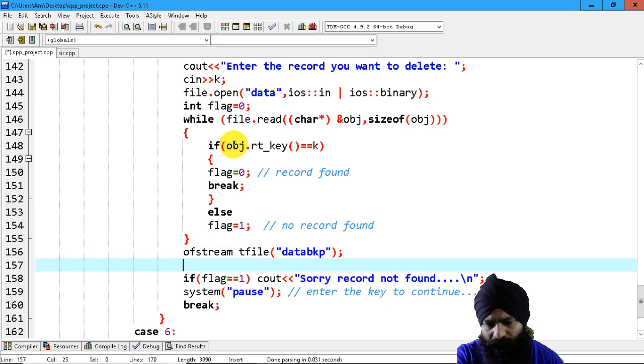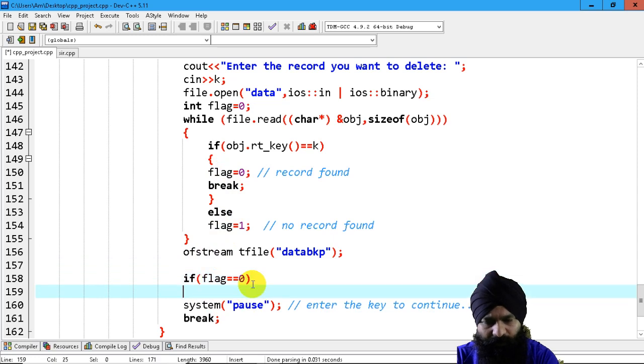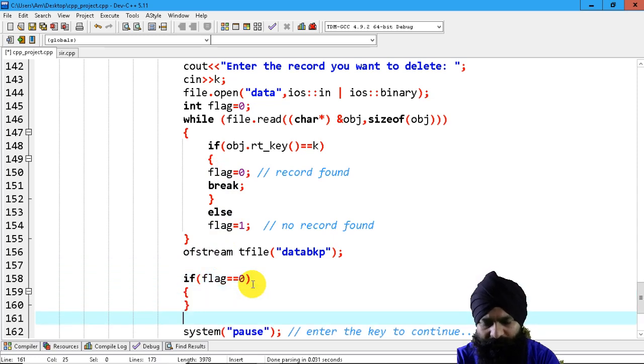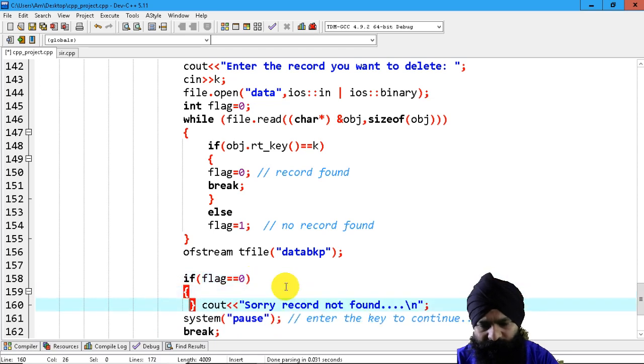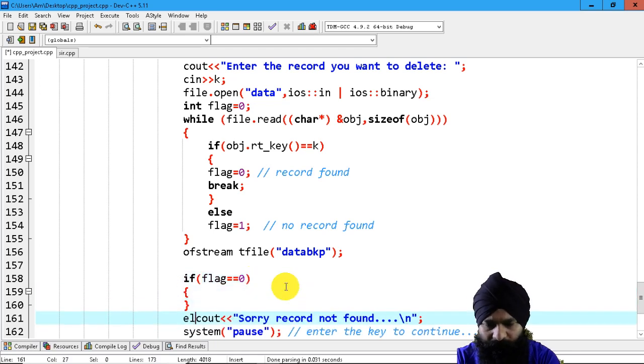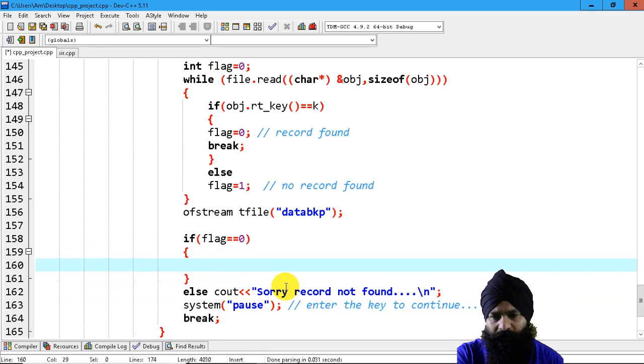Okay, so now if flag equal to 1, sorry, code font. So okay, if flag equal to 0, I'm going to modify this record. Else, oh okay, so I can use that same stuff instead of deleting it. So flag equal to 0. Okay, then do this stuff, and else cout, sorry, record not found. Fine. Okay, if flag equal to 0, what I'm going to do,